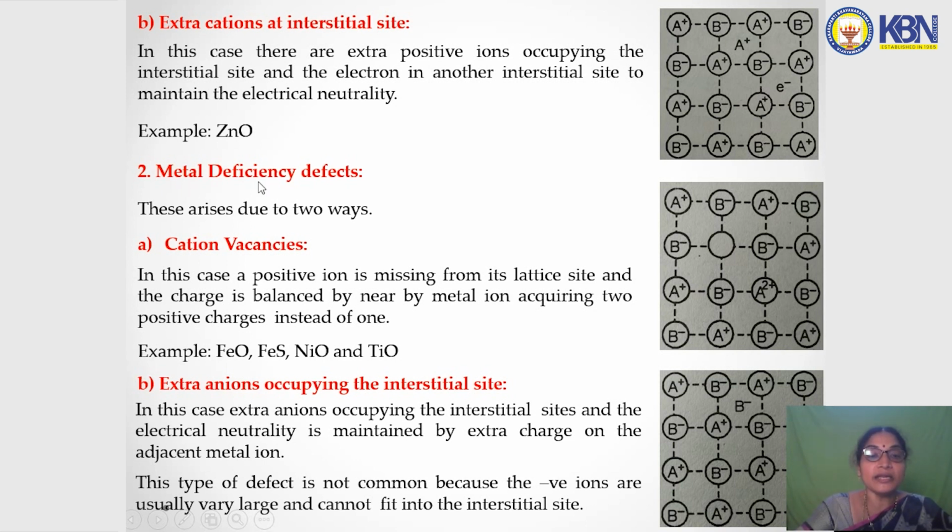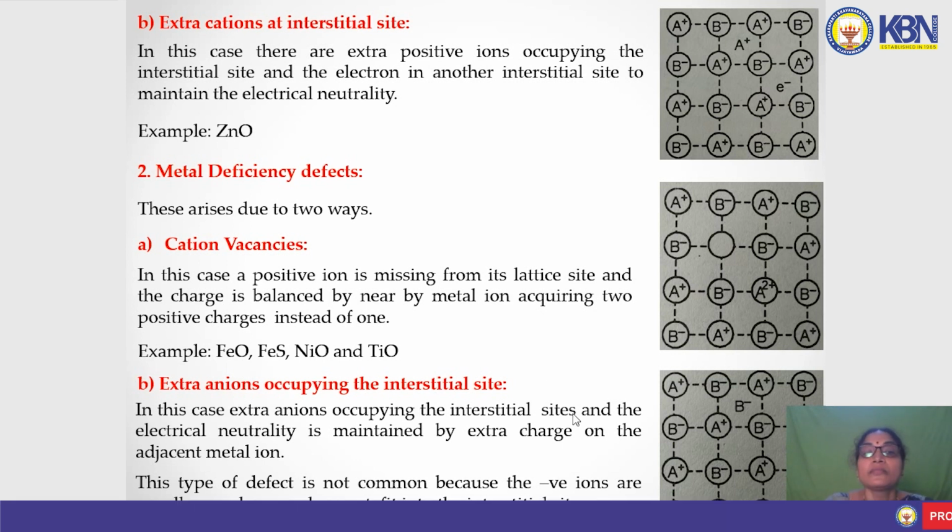The second one is metal deficiency defects. These arise in two ways: one is cation vacancy, or extra anion occupying the interstitial site. The first one is cation vacancy. In this case, a positive ion is missing. See, in the diagram we can observe that a positive ion is missing from its lattice site,